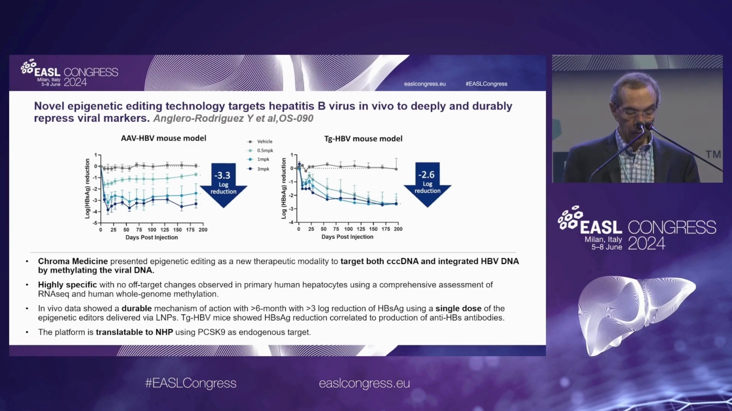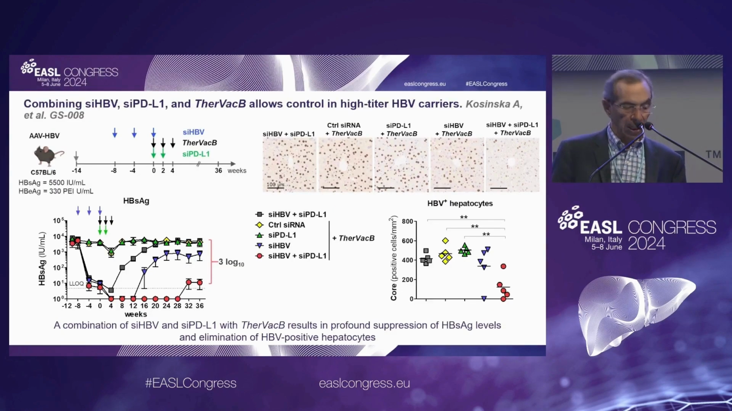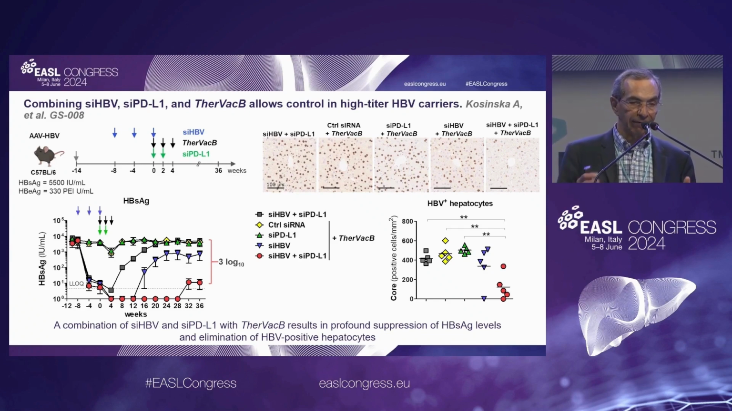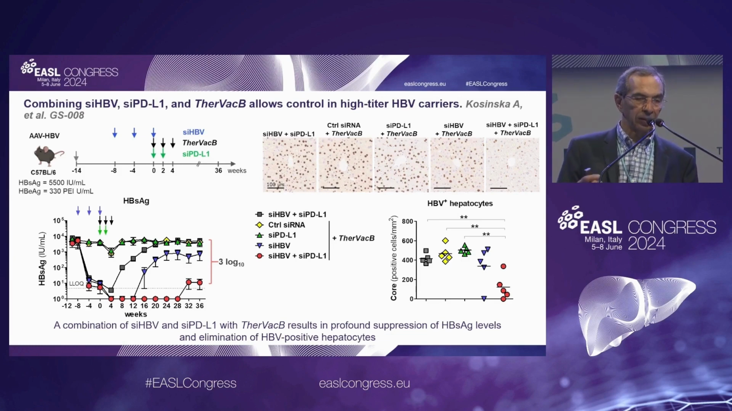So now we are waiting for a translation of this technology platform to the clinical studies. Another very important investigation was presented by Dr. Kozinska and colleagues, where they studied, in highly viremic mice transduced with AAV HBV, a combination of siRNA against HBV and PDL1, together with a novel therapeutic vaccine, the TherVac-B, and they showed that the triple combination was necessary to induce, in these high titer HBV carrier mice, a profound suppression of HBs antigen and elimination of HBV positive hepatocytes, and